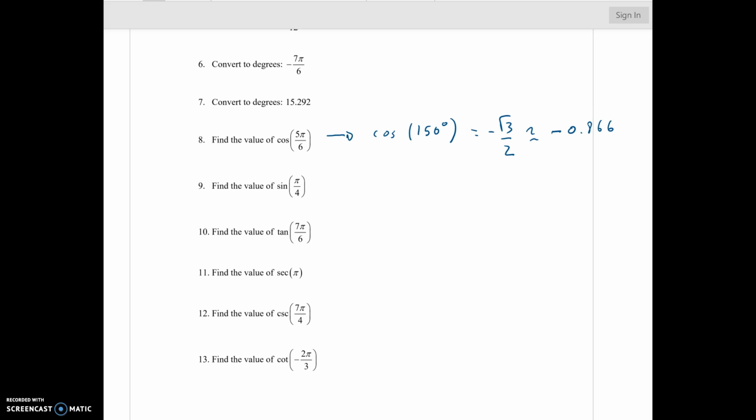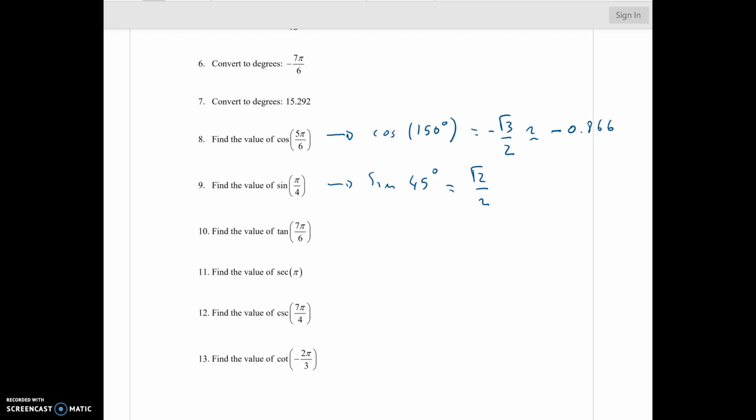If I try to find out the value of sine of 5 pi over 4, well, I'm supposed to figure out that it's basically the sine of 45 degrees, and it's going to be equal to square root of 2 divided by 2. You draw a triangle, and you will be able to find the value of square root of 2 very easily, knowing that y will be equal to 1, and the